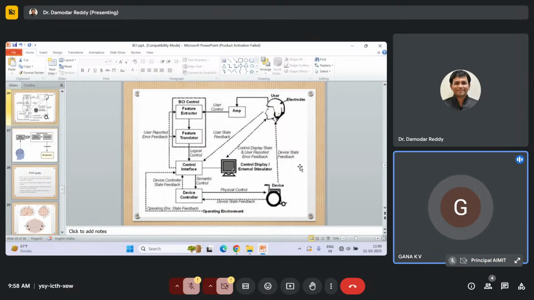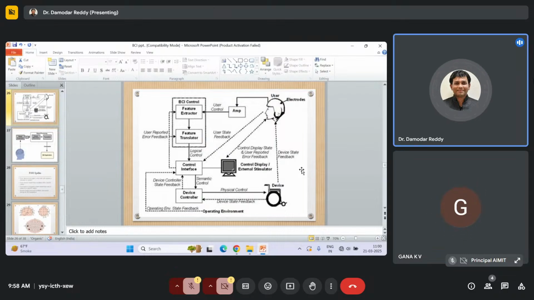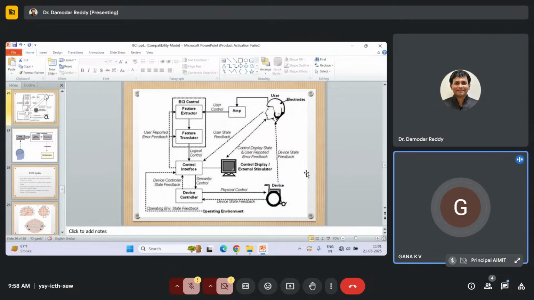The feature extraction methods. See, once you record the data, this type of data normally requires a lot of noise handling, so some pre-processing is required, some filtering, noise removal technique. Then you go for feature extraction, classification, translation, all those things. For feature extraction you go for wavelet, binary, and other methods, and then subject to your application you can use some deep learning or neural network or some neuro-fuzzy inference system. But for feature extraction, you can use these wavelet type applications or any other feature extraction models. Okay, sir. Yeah, thank you so much.